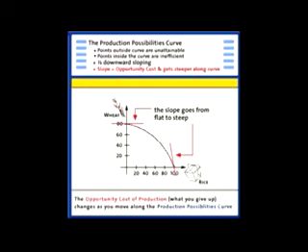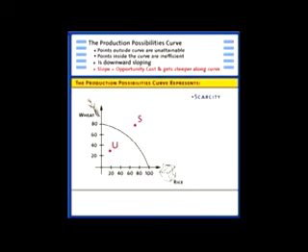So, there you have it. 4 things about economics that you can tell by looking at a production possibilities frontier. First of all, you see that scarcity is a reality. Some combinations of wheat and rice are simply unattainable, given our technology and our resources. Next, notice that there are a lot of inefficient points. There are a lot of combinations of wheat and rice that aren't taking full advantage of the resources and technology that we have. Third,